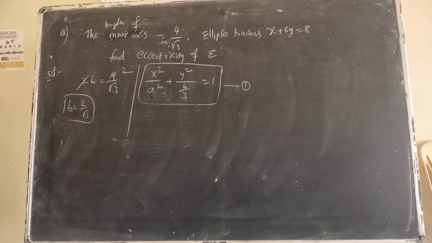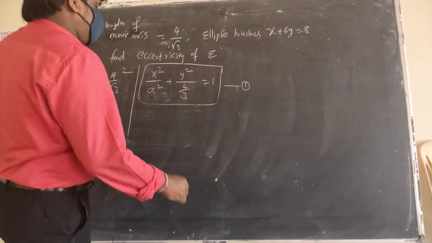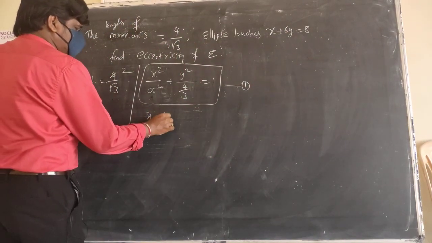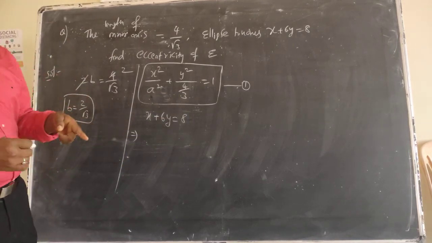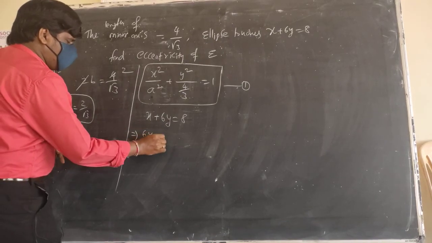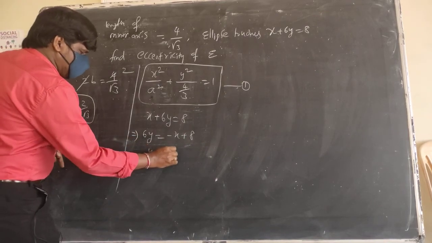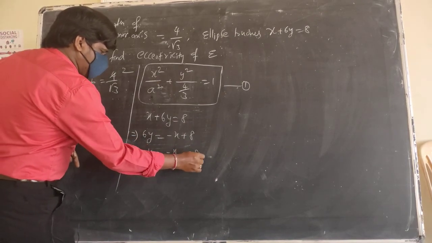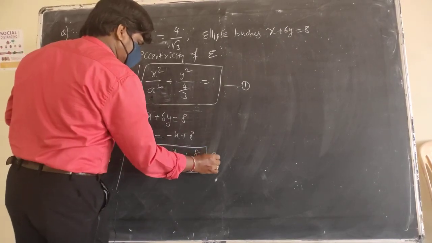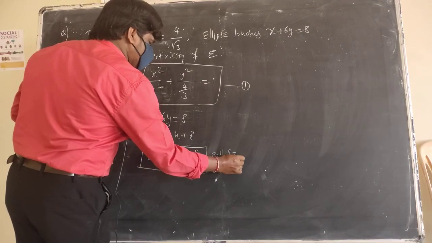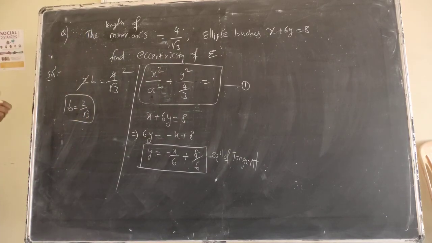So what I am going to do here, they have given the tangent equation. Touching means tangent. So what is the equation of the tangent? x plus 6y is equal to 8. If you write this in y is equal to mx plus c form, I get 6y is equal to minus x plus 8. So y is equal to minus x by 6 plus 8 by 6. This is the equation of the given tangent. I had changed the format of the tangent.